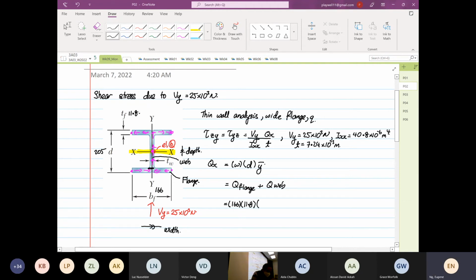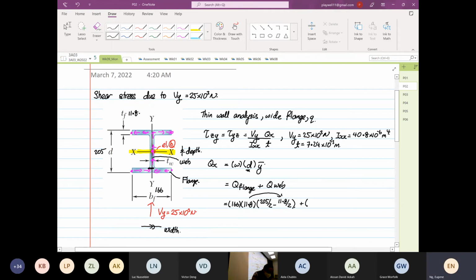And then the y bar is 205 divided by 2 minus 11.8 divided by 2. I'm very sure it's 11.8 divided by 2 because the thing that compensates over here, the offset, is always the depth. That's why I always grill you into width multiplied by depth, not depth multiplied by width, for this reason. Yep. So this will be plus